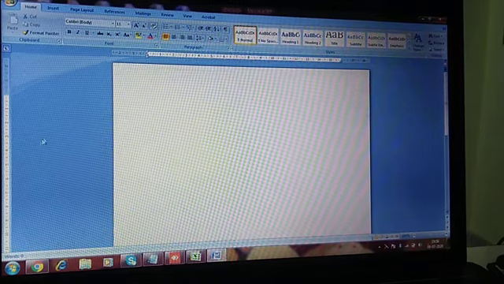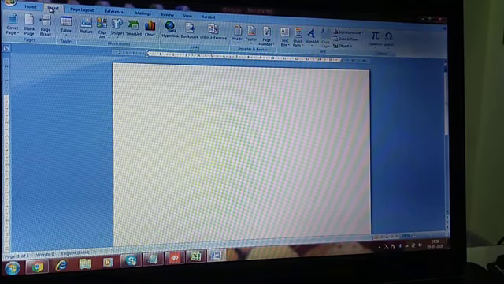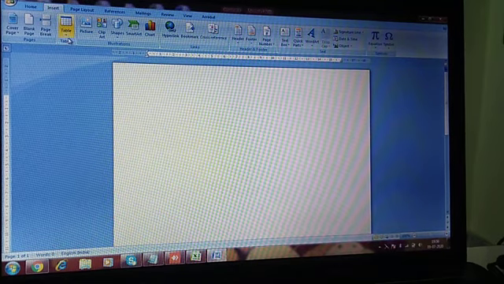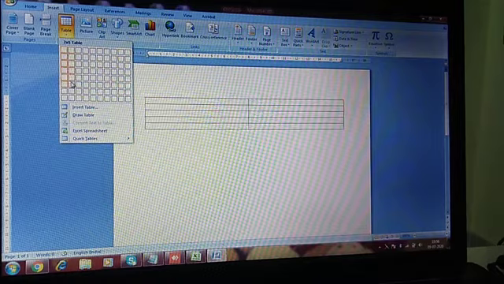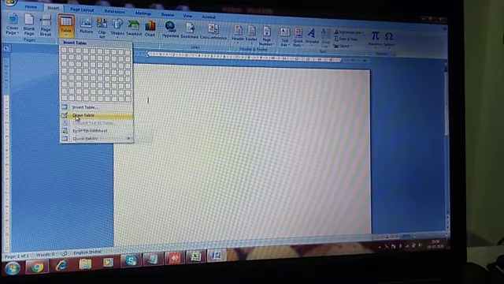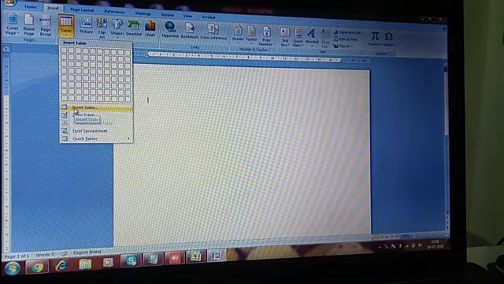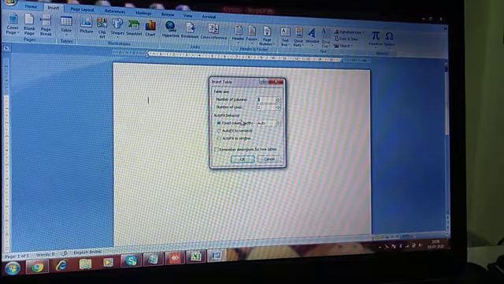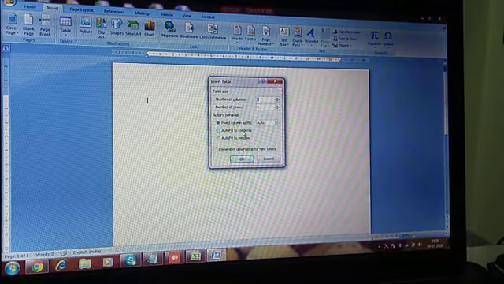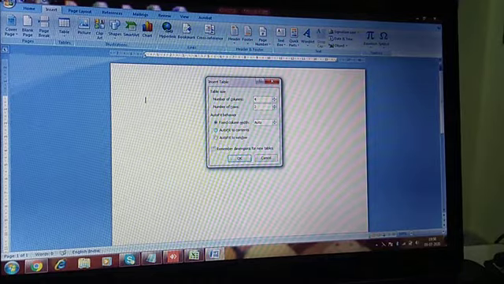Okay, so the table is there in the insert tab, one table group is there. I will click here as in the earlier video we have shown. Now from the insert table we will draw a table. I will click on insert table. They are asking about the number of columns and number of rows. So I just want 4 by 4, means 4 columns,